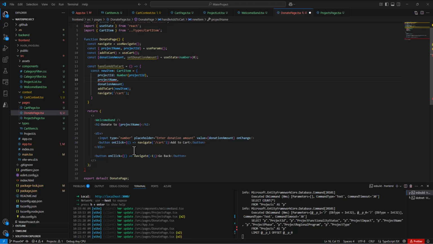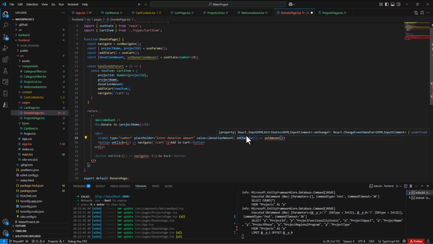So we started to type out here when the user says donate, we have to grab the amount of money that they want to donate. And so what we started to do here was we went in and said the value of this box is going to be equal to whatever's in donation amount. And then when the box changes, so when the user types something in, we want to create a little function here that calls the set amount and passes to it the,